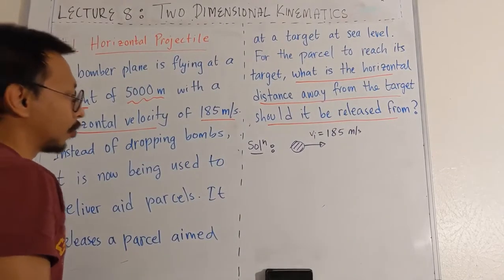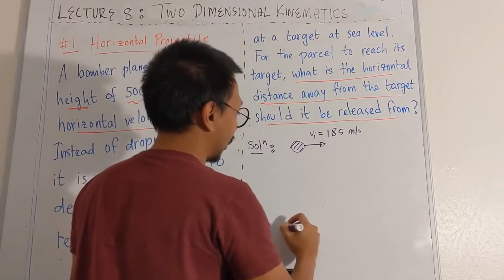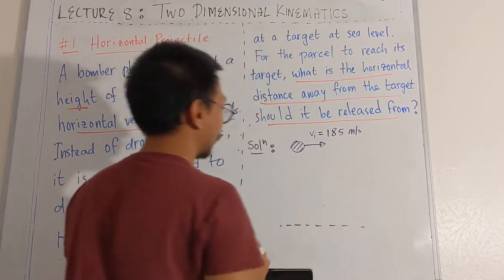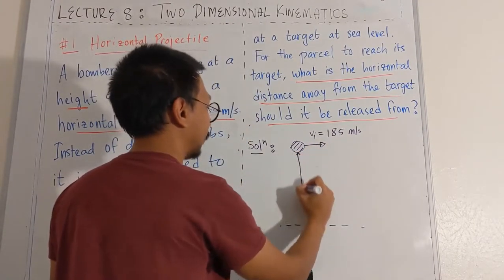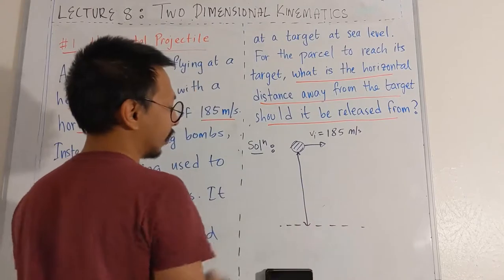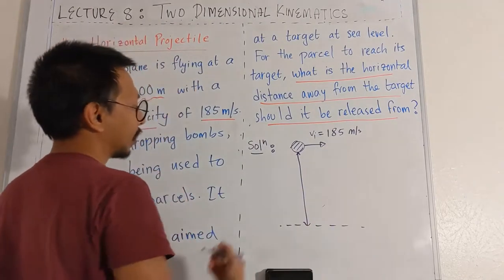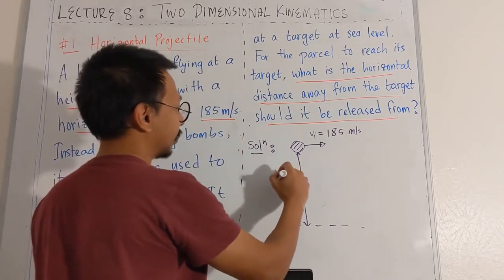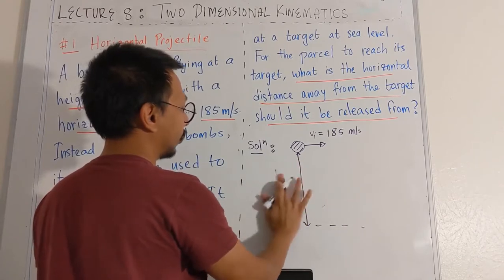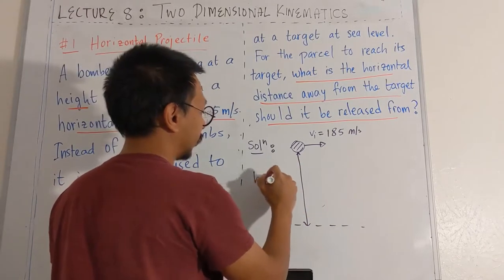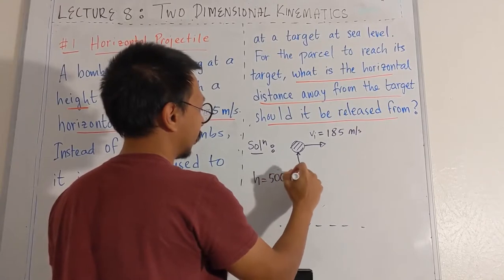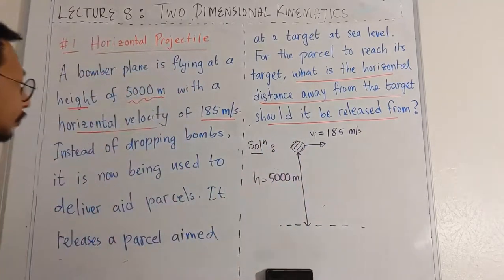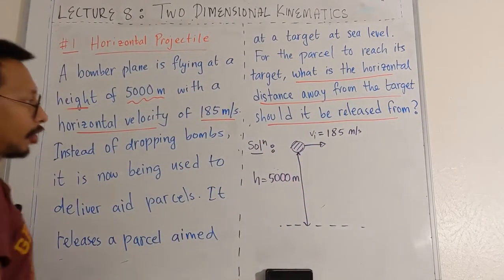And the plane was flying at a height of 5,000 meters above sea level. So sea level is my ground level now. So this height is equal to 5,000 meters. All right, and it drops a parcel,